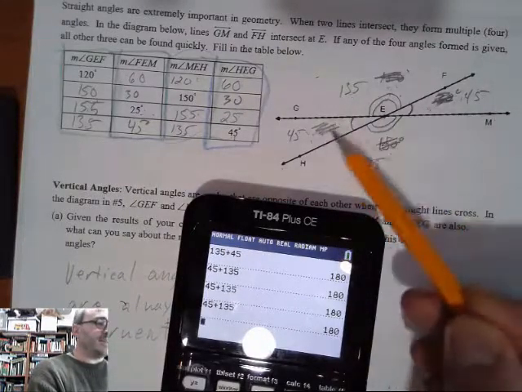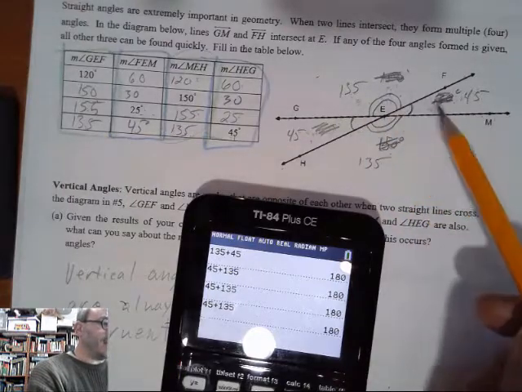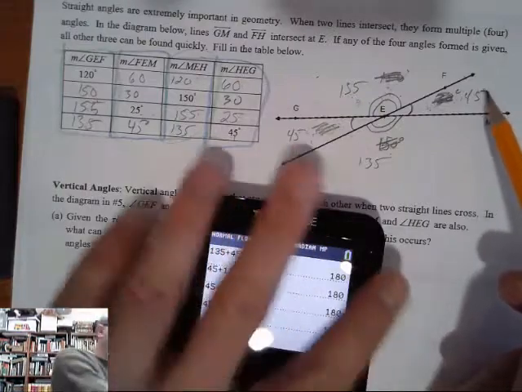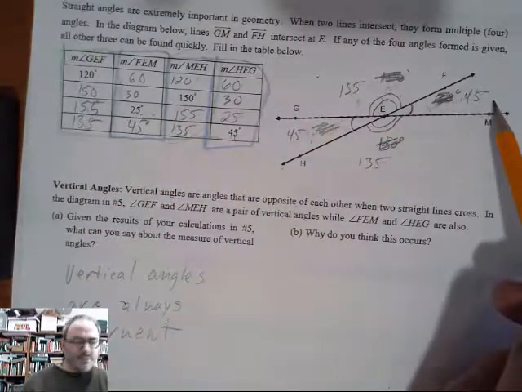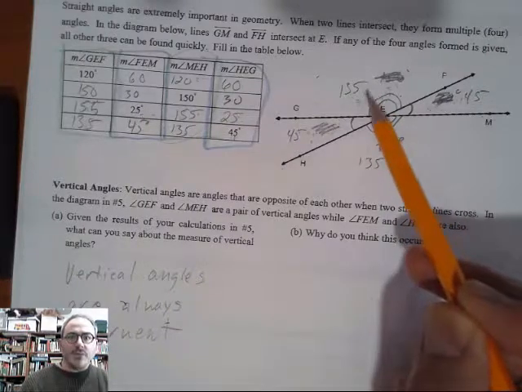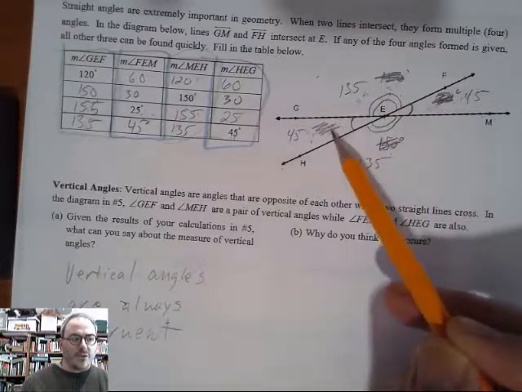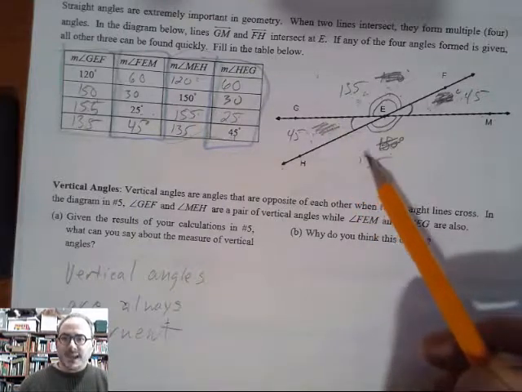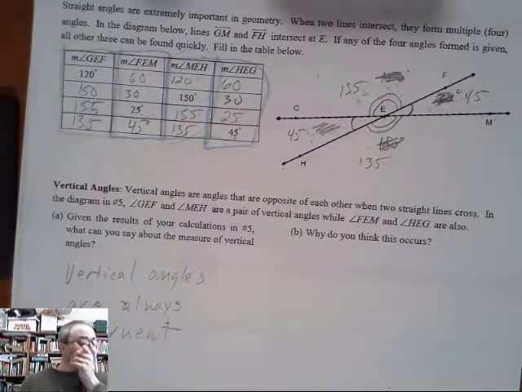So this equals 180, these two equal 180, these two equal 180, and these two equal 180, which means I know the angle measure of this one. If this is 45, I know for sure that that has to be 135. If I know this one is 135, then I know for sure that has to be 45. And if this one is 45, that means this one has to be 135 again. Vertical angles are always congruent